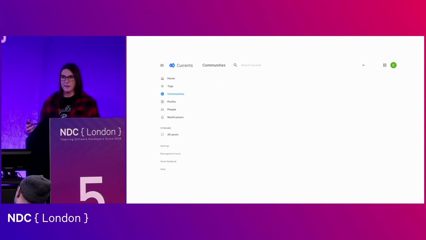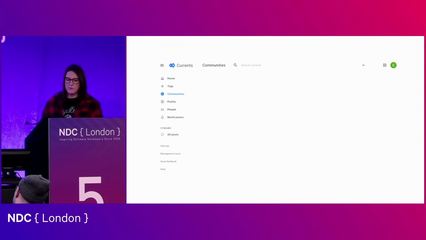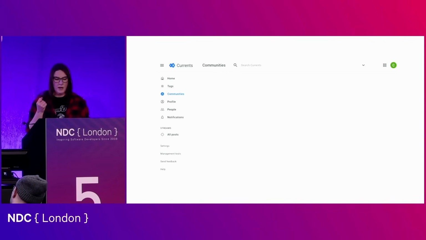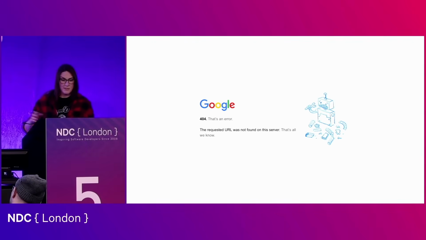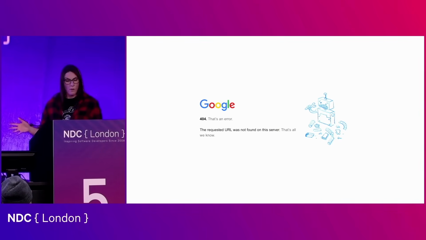So showing something instead of absolutely nothing is a good way of giving the user that immediate feedback that they've reached the page and confirms that there's nothing there. Error states, again, another good example, and we commonly see this on the web with a 404.